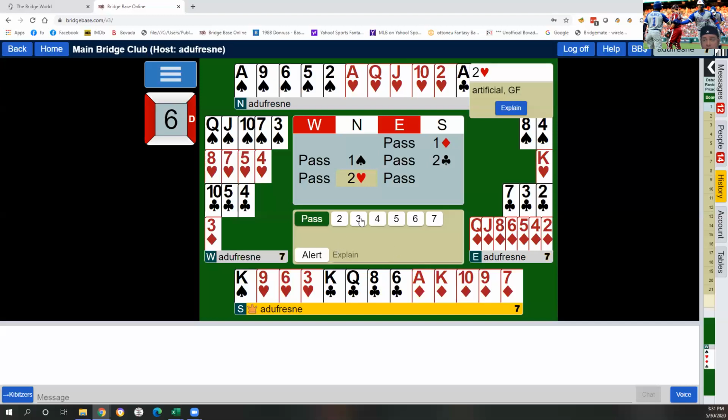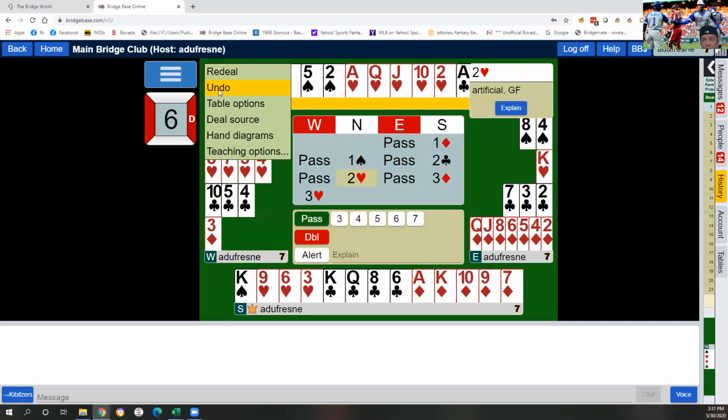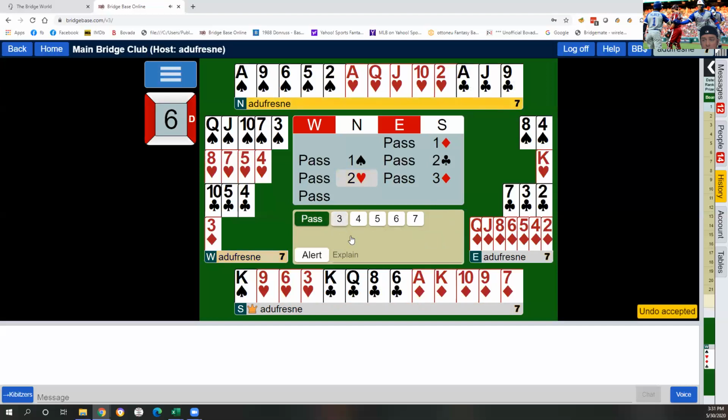If you were playing that kind of style, South would rebid 3 diamonds, and now North could bid 3 hearts, and now perhaps South could bid 4 hearts to say, hey, I do have either 3-card heart support or maybe honored doubleton, and at that point, North could bid the slam. It's important to keep in mind on these that